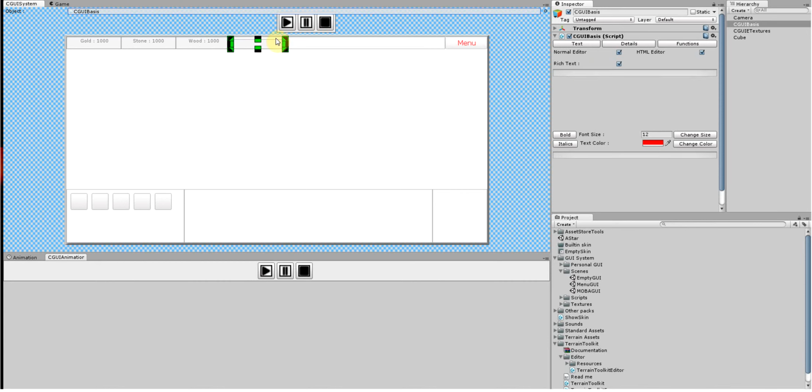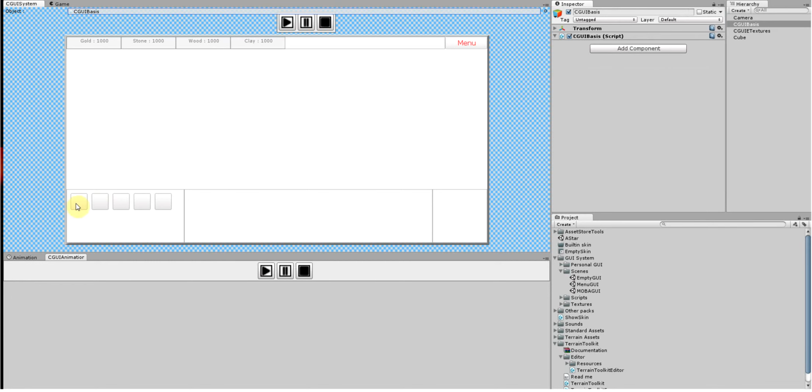Okay, and whoops. Clay, 1000. Okay. I could put building options in here, icons or whatnot, but for right now I'm just going to